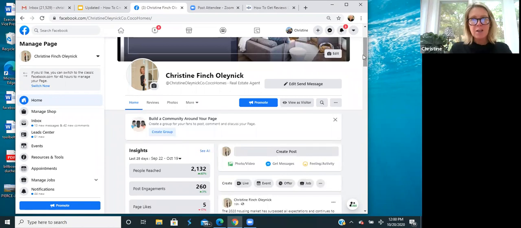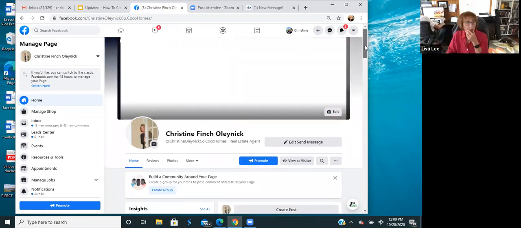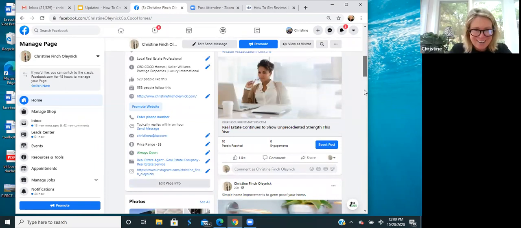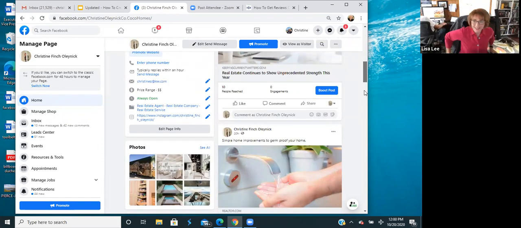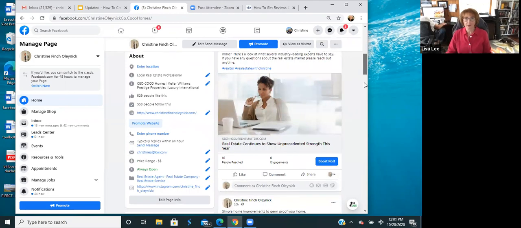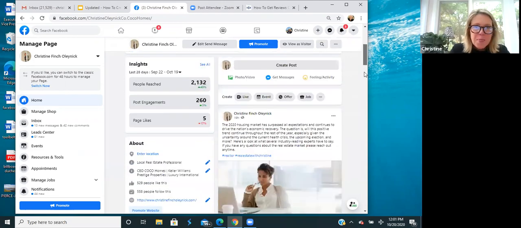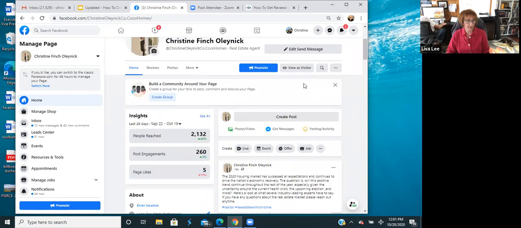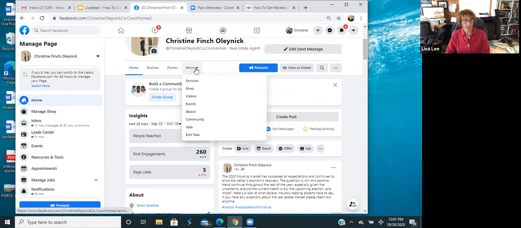Is this a brand new page that you just set up? No, I wish I could say yes, but no. So I went to settings and scrolled down under general page info, messaging. I have a list of things on the left-hand side, and I went to people and other pages, and it's where you can see people who like my page.